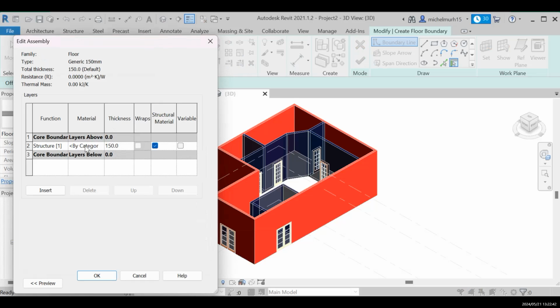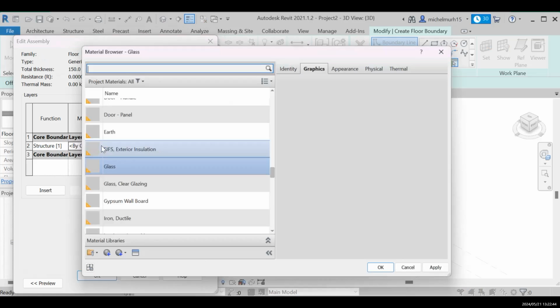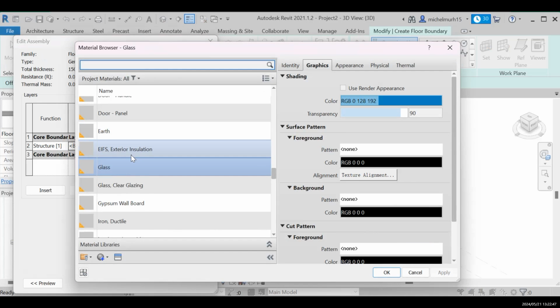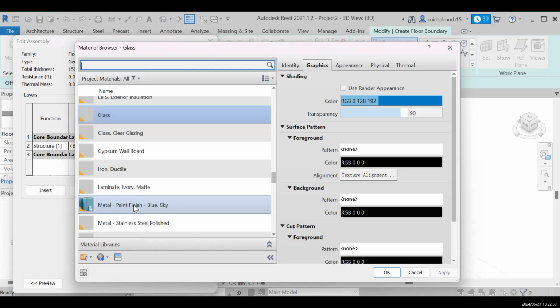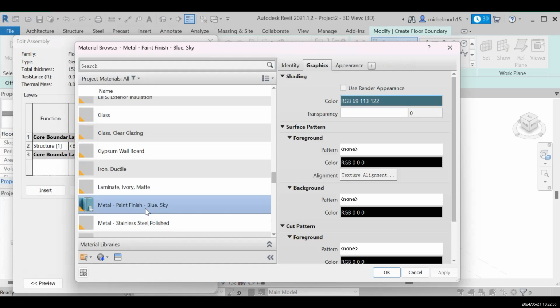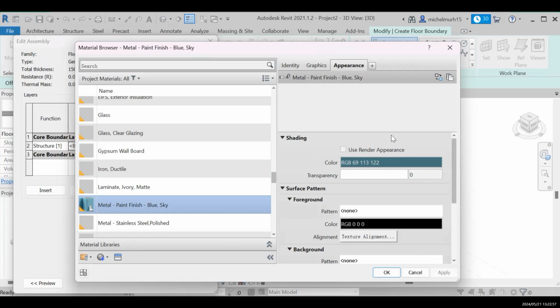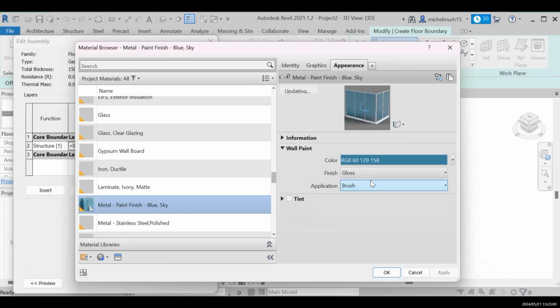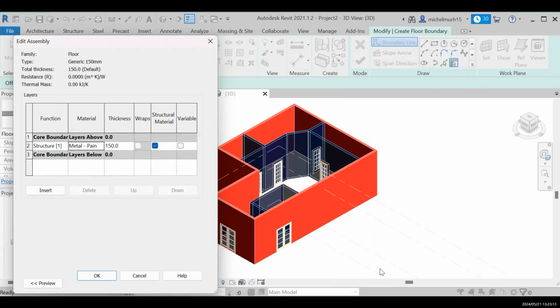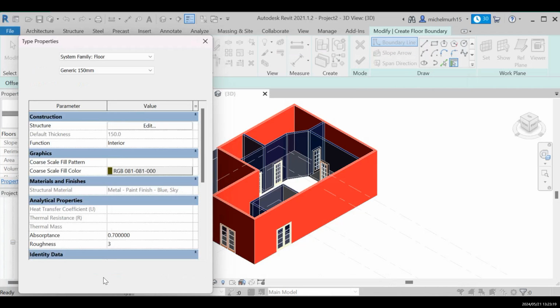I will add more material on the floor, right? Material like, let's say, the mirror of the blue sky. I'm gonna press there, and the appearance should be in blue color, right? And the finish gloss should be eggshell, right? And I'm gonna press OK here. I'm gonna press OK, and I don't need to make any other modification. I'm gonna press OK, and